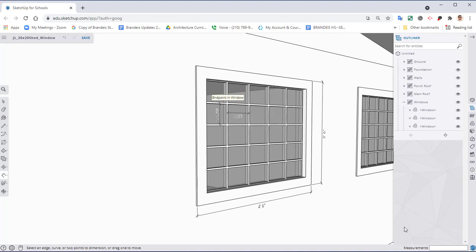So that is our windows. We're going to do very similar thing for our door, but that will be